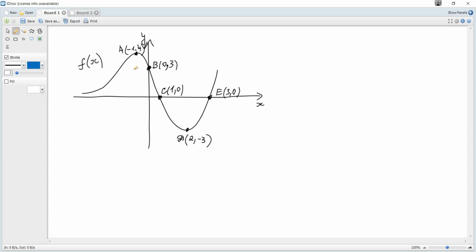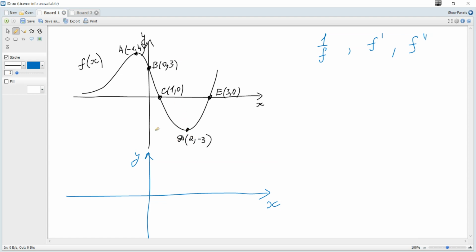It is given a graph of some function f of x, and we need to plot, or actually sketch, a graph of 1 over f, the derivative, and the second derivative of this function. So let's start with the reciprocal 1 over f. How to do that? We can start with zeros of a function,